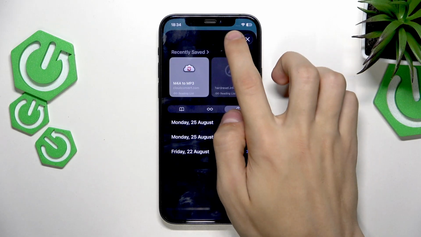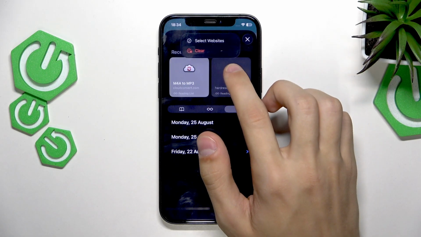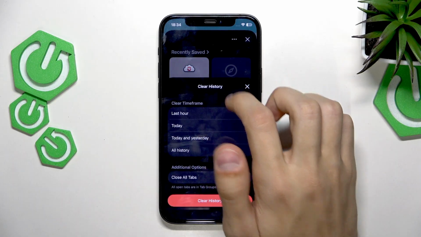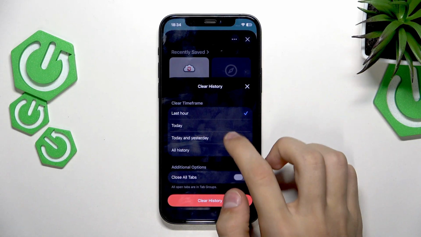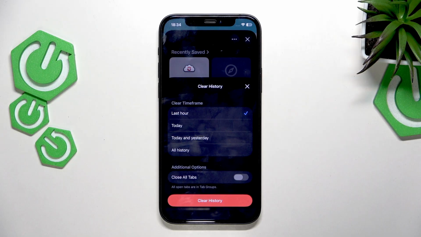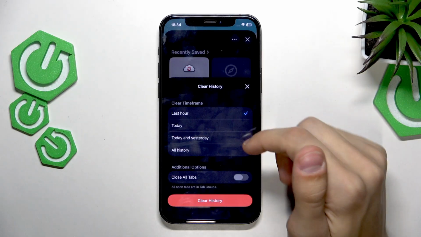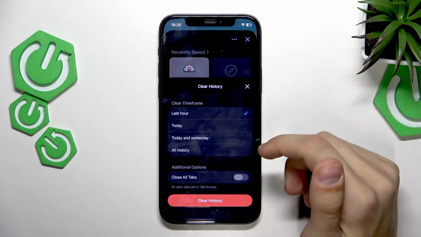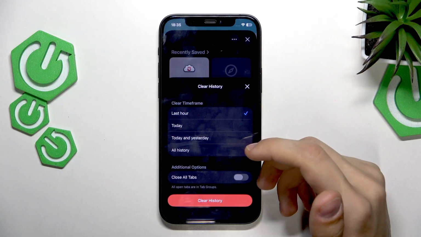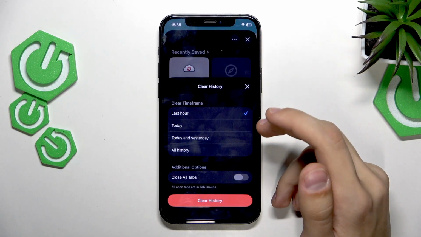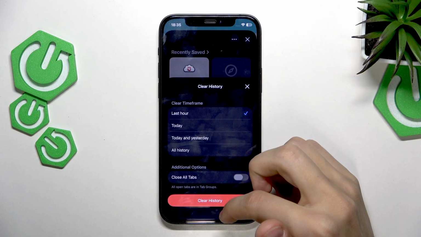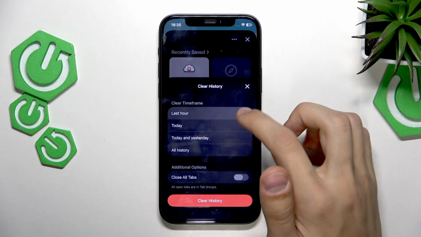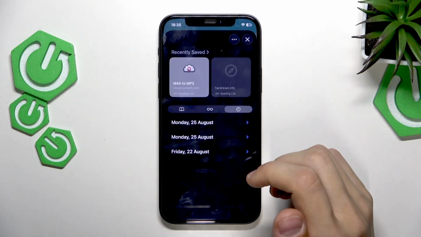There are a few ways to clear it. You can just press on the three dots on the top right, press clear, and select either last hour, today and yesterday, or all history. And basically this means what times you want to be deleted. So maybe you have been looking up something for the past hour that you want to delete, or for the whole day. So after you've selected how much you want to clear, press clear history, and